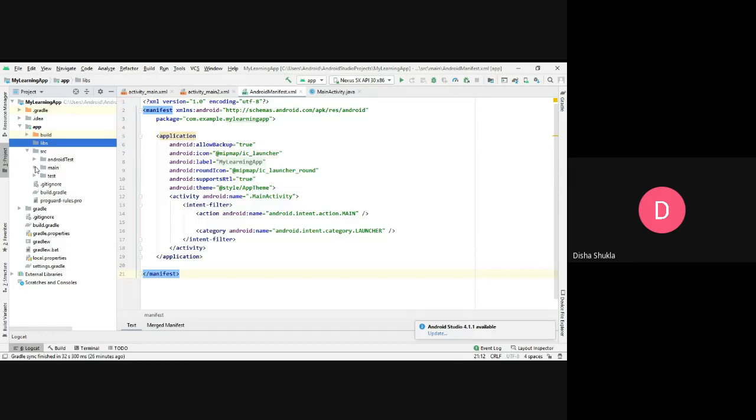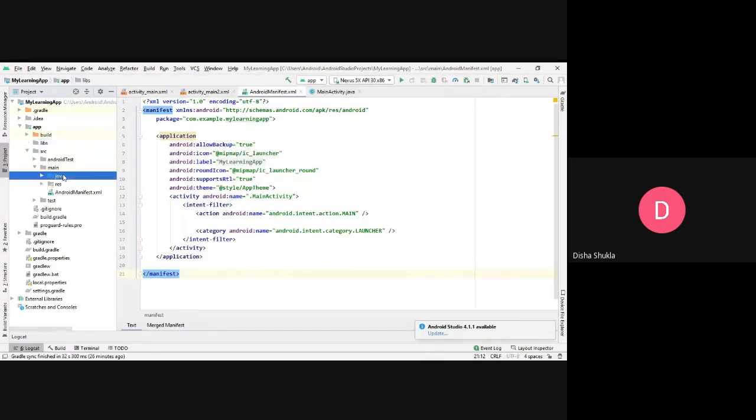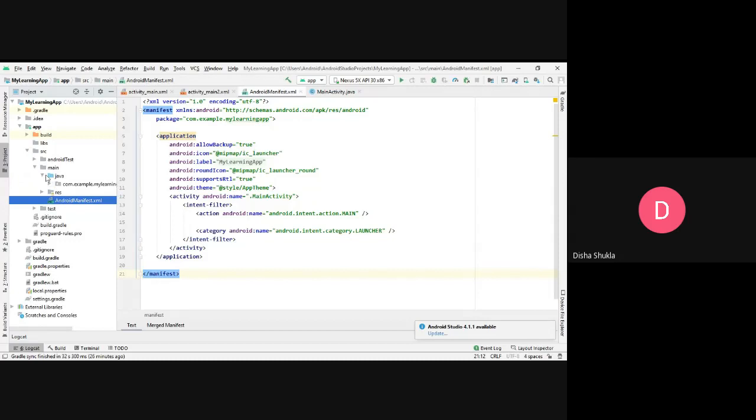So we are concerned with the main folder. Again, the main folder is divided into three parts: your Java folder, your resource folder, and your AndroidManifest.xml. Now your Java folder is where you put your development files, and the resource folder is where you put your images and your designing portions, the .xml files. And finally, the last thing that we have is the manifest file.